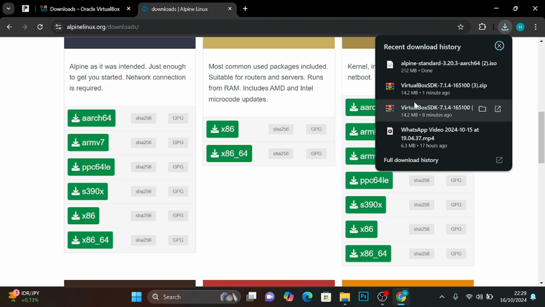The next explanation is about the VirtualBox configuration, which will be continued by Fitriani. Okay, please continue the tutorial, Fitriani.